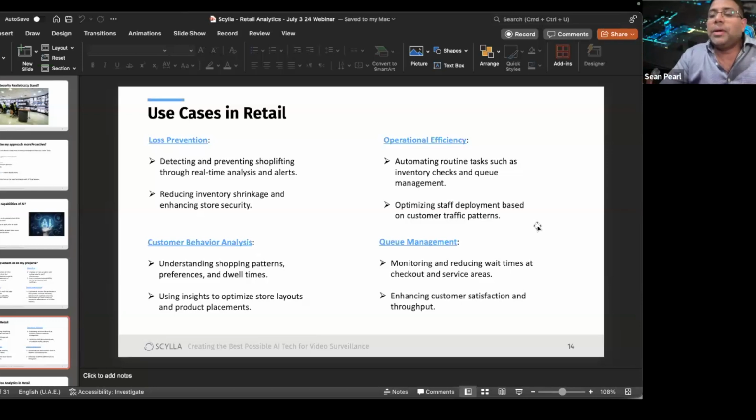Now, as a retailer, you want your customer to have the best experience. You don't want him to be at a store having to wait in a long queue till it's actually his turn and he makes his transaction and goes. So this queue management is also something that we can effectively address with analytics and an automated system in place that will, let's say, push the person onto another counter wherein he can be dealt with much faster.